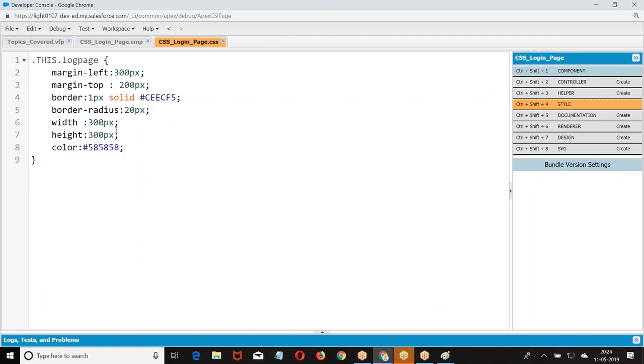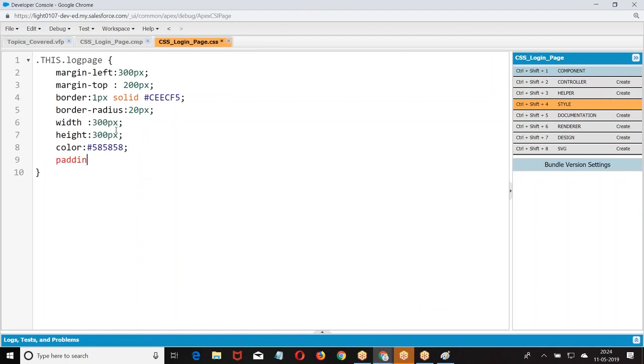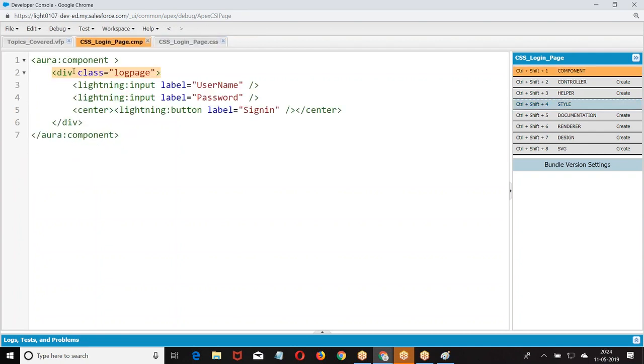Then we are applying padding also. When I apply padding 10 pixel in all the directions, it's going to be 10 pixel in all the directions. So what we are giving? Log page.